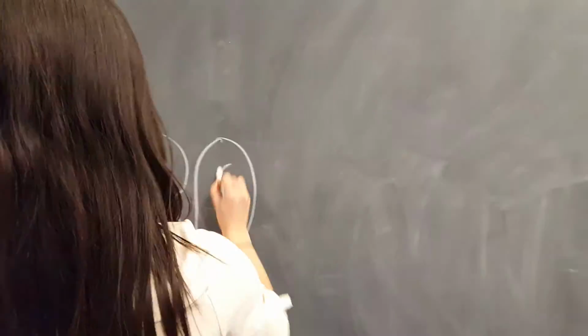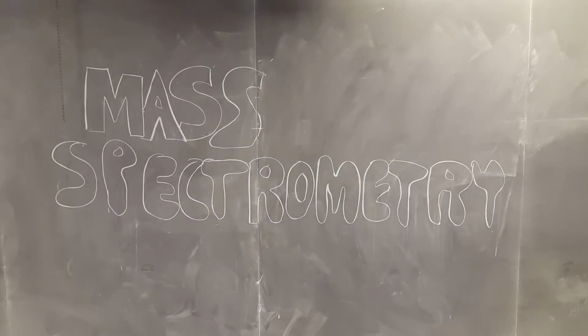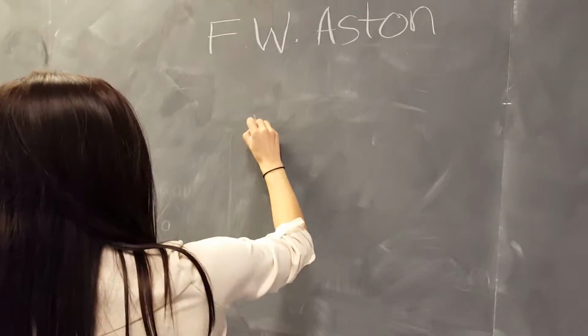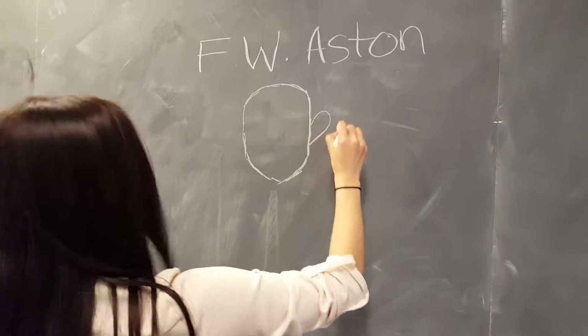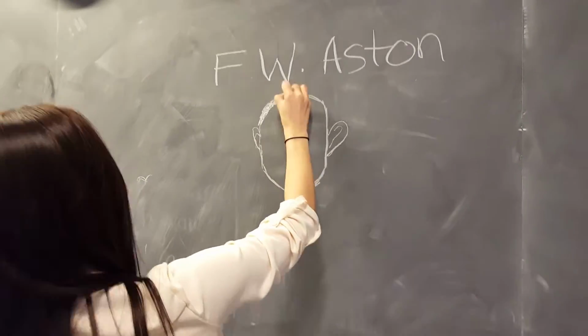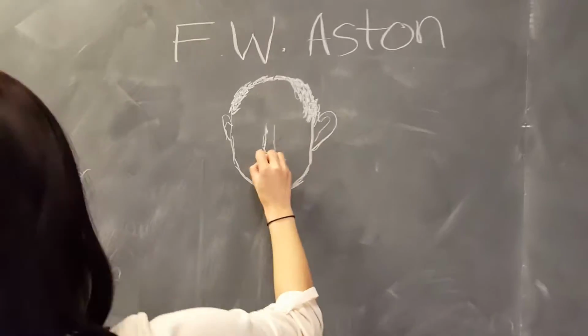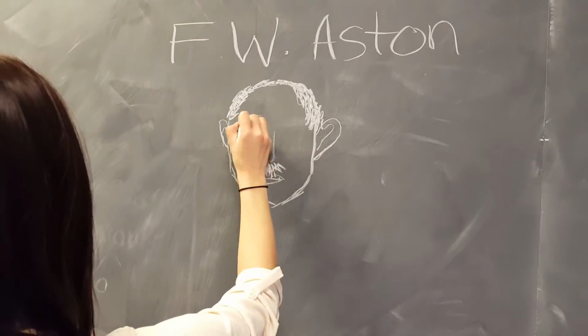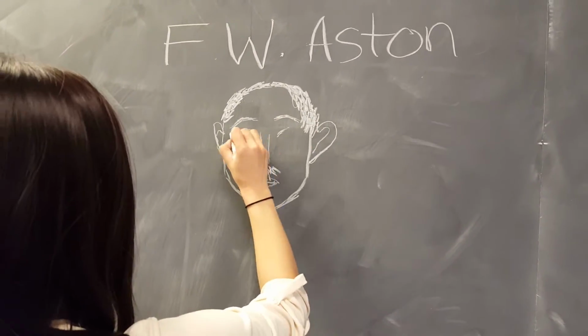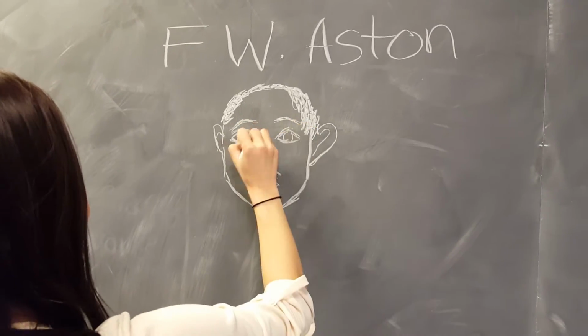Today we will be talking about mass spectrometry. The mass spectrometer was invented by F.W. Aston, an English chemist and physicist, in 1927. He was able to use the device to discover isotopes of chlorine, bromine, and krypton, motivated by the earlier discovery